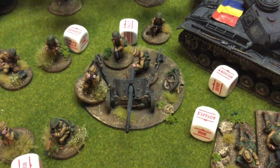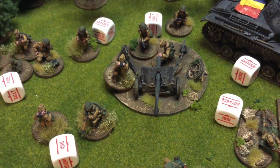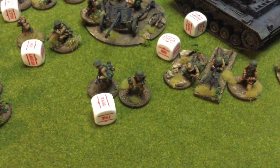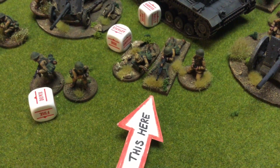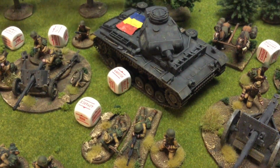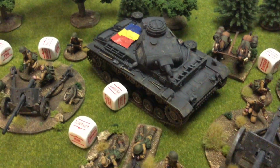The special rules for the Romanians are they get the free artillery piece, and they can take 1 German unit if they want and put it in their army. I opted to just take the free artillery piece. We've got the MMG team, which I think I've mentioned for Bolt Action, that they get the extra shot, for 50 points at regular. I've got a regular Panzer 38(t) Ausf. N with the light howitzer, coax, and the bow machine gun